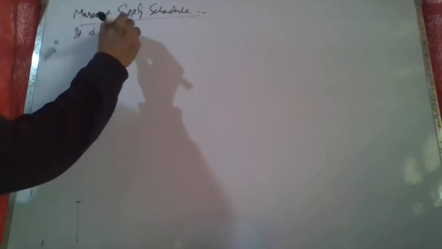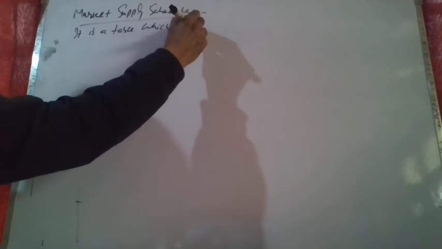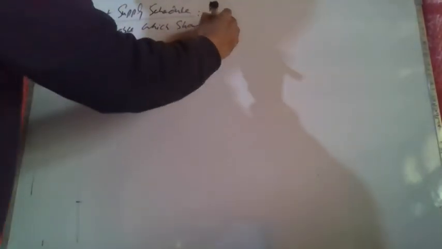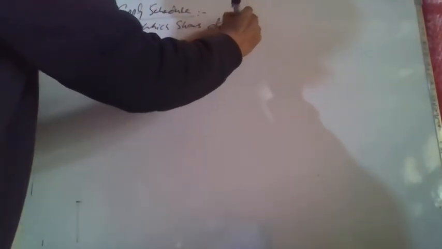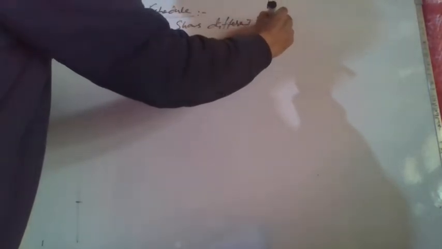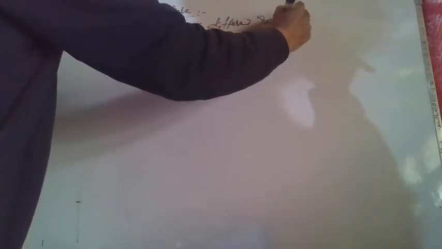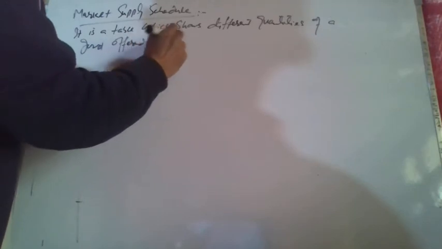So market supply schedule is a table which shows different quantities of a good offered for sale